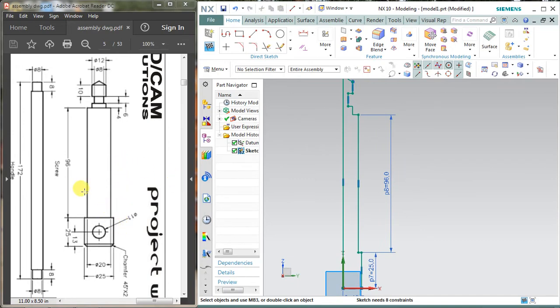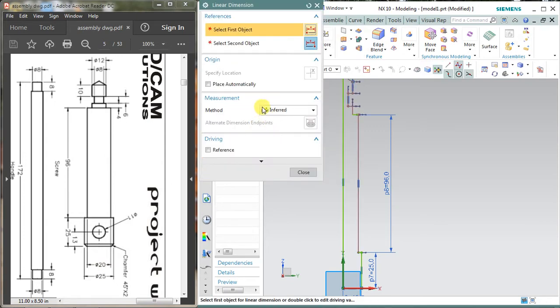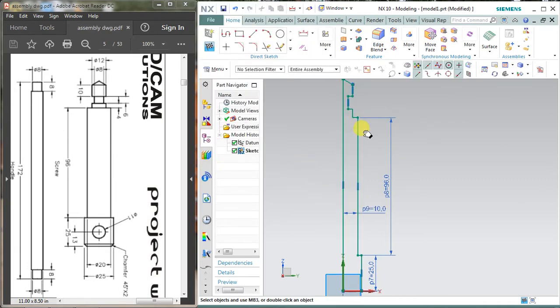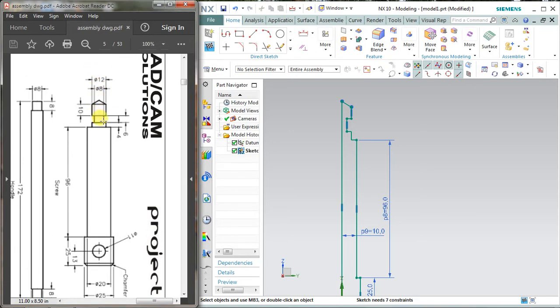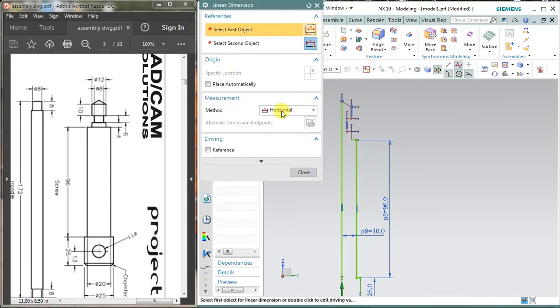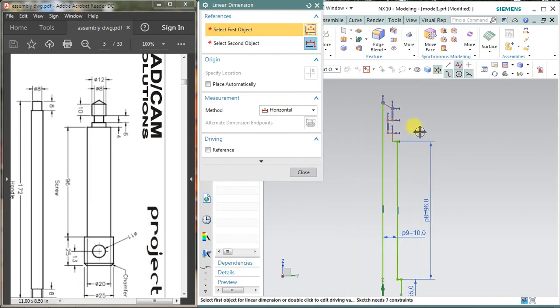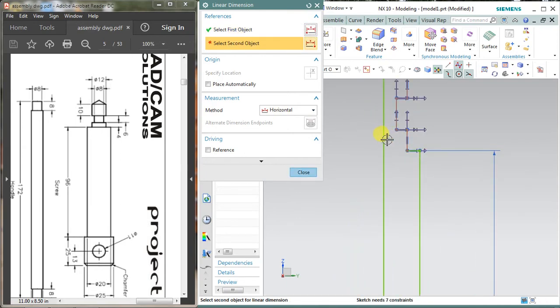The diameter of this middle portion is 20 mm, so I am assigning a 10 mm radius. Select horizontal. These two vertical lines should have dimension 10 because the middle portion is 20 mm, and this portion also is 12 mm in diameter. As you can see here, it is 12 mm diameter, and this short middle portion is 8 mm diameter. So for the 12 mm diameter I am again selecting the linear dimension, select horizontal and assign dimension 12. Select this vertical line and this portion and assign how much? 12. It is 6.